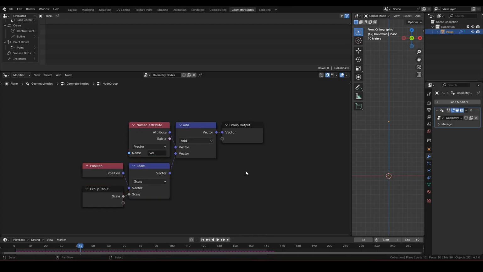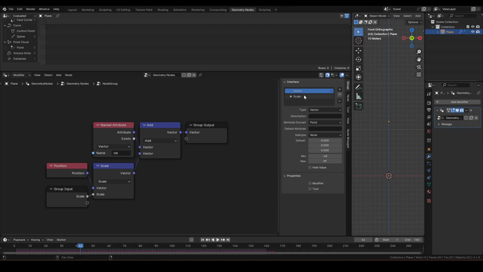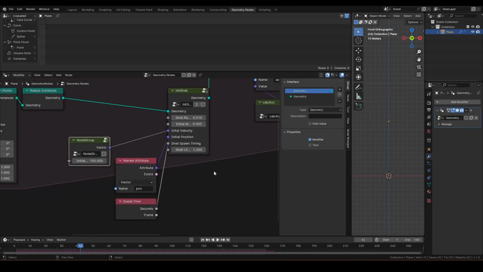Then rename the scale input to initial speed. Let's call the node group calc init vel. Alright, reorganizing.